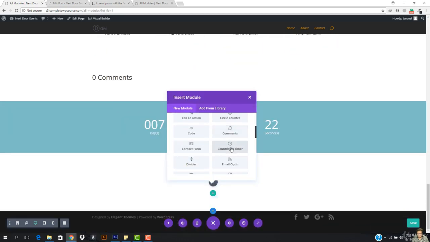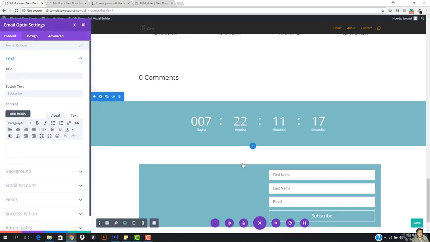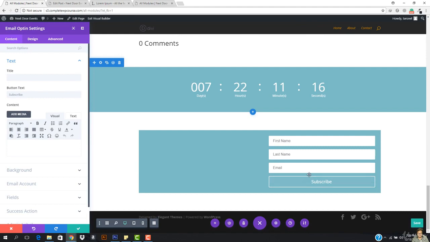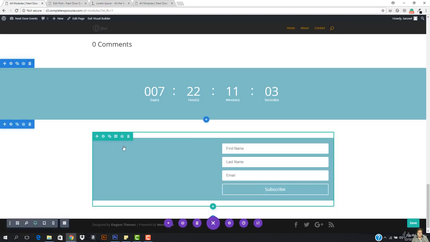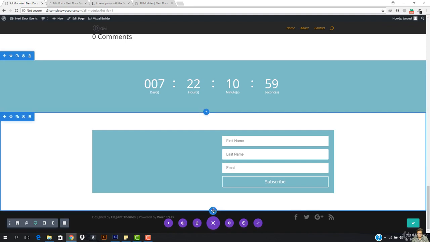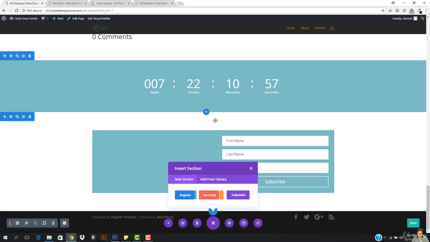So we have contact form, countdown timer, this, and email opt-in. This is used for the subscribe form, that you can add the MailChimp integration into this. Okay, so you can select the mail provider, and then you can select a list, and this is how this will work. I will show you how you can work with MailChimp later on when we will be doing the email marketing. Okay, so let's just add a full regular width right now here again,